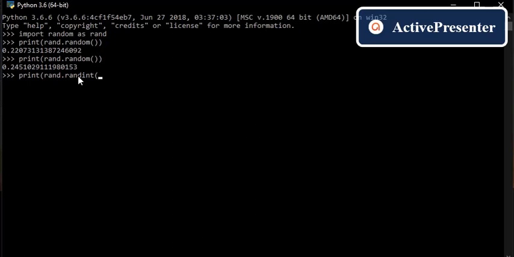Open bracket. Here is the start value, and here the end value. We can give 10 comma, for any number, 40. If you give it like this, here it will create a random integer, of course random since we are using the random module, but that randomness will be chosen only between 10 and 40.